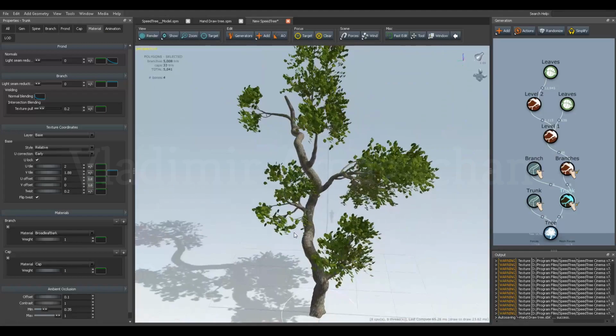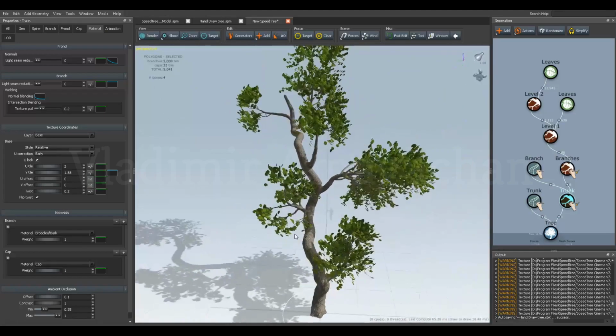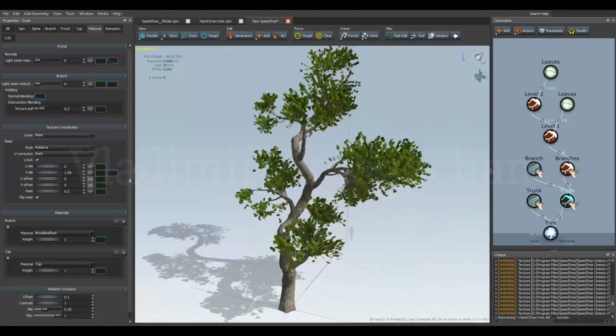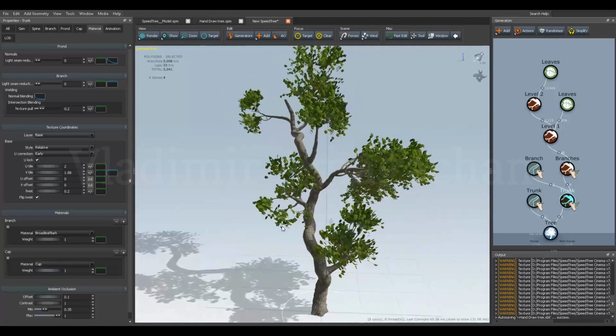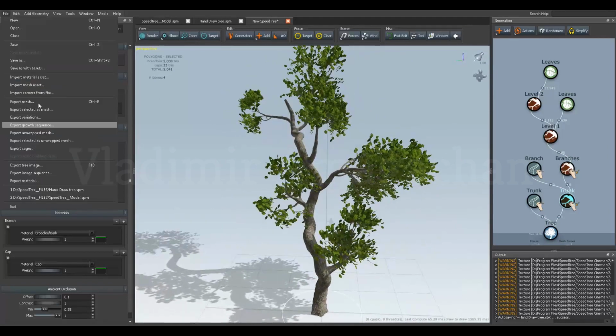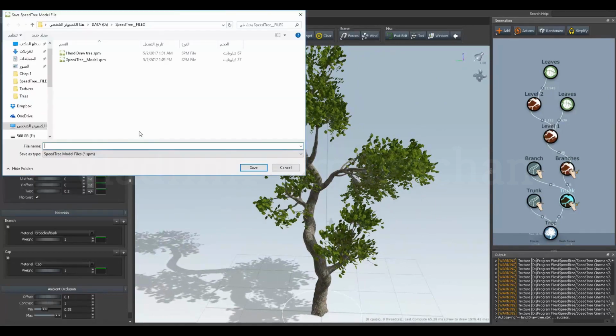I hope you like this video introduction to tree modeling inside the SpeedTree, and I will save this file also, save as, hand draw tree number 1